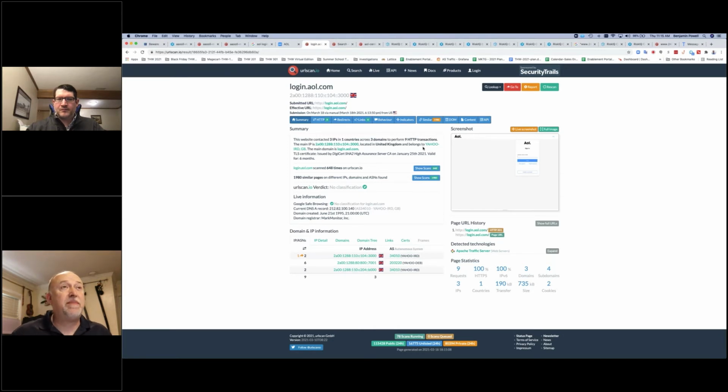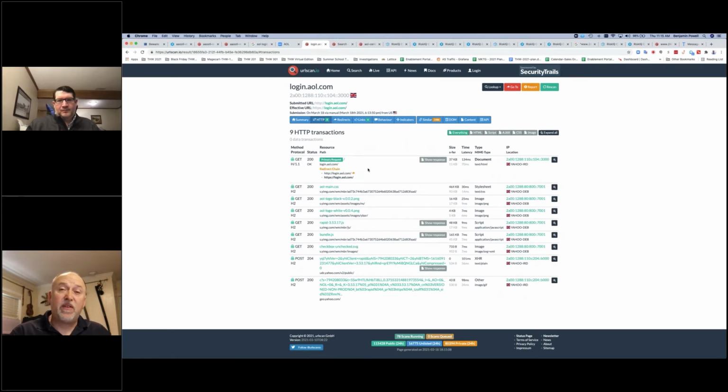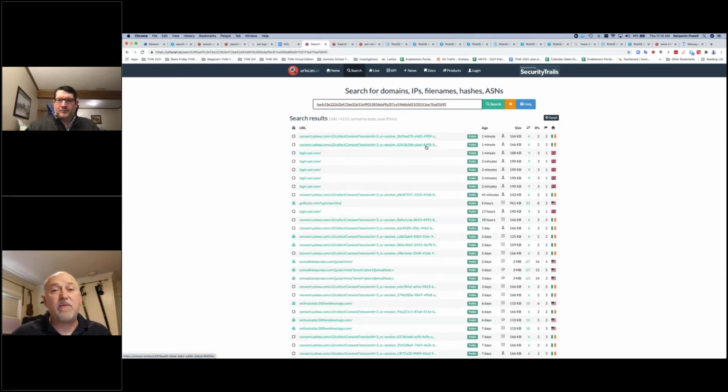So this is the real legitimate site, login.aol.com. If you look at the HTML, these are all the components. Like if you bring in that full document object model, you can see all these things. One of them is you can see that there's some PNGs associated with these. So if I came here and I said, hey, I want to search for this image anywhere on the internet that you found it, okay, any other site, because they've hashed it, they know that this file is exactly like another one that might have the same hash. They go, hey, it's the same file. So if I search on this, I will now see everywhere that image on every site that urlscan.io went to.